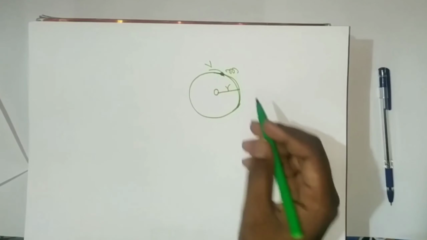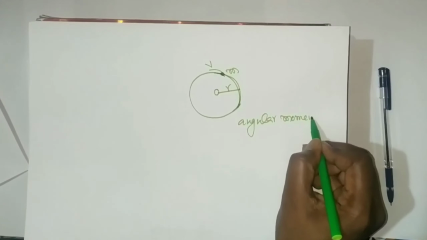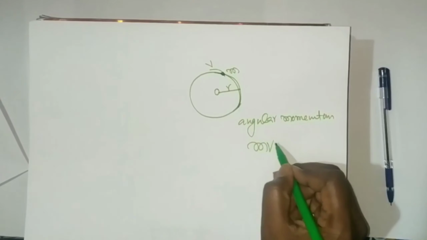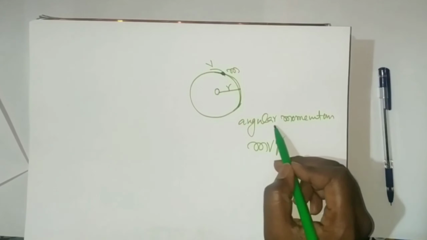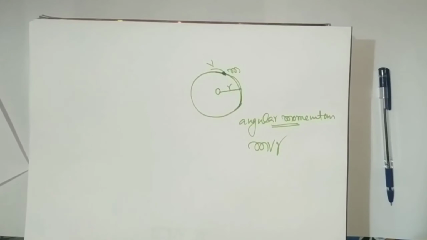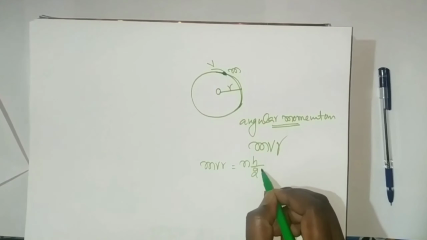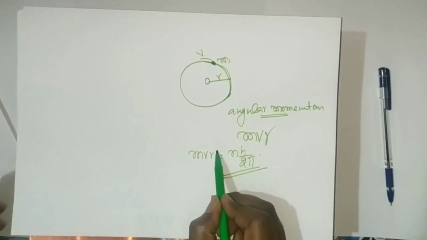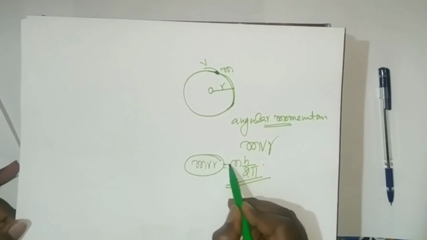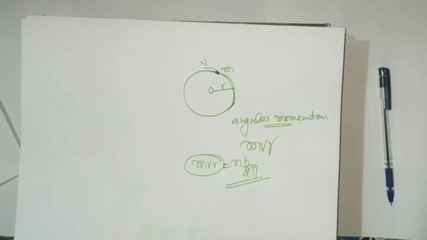Now we can say the angular momentum of this electron we can write as mvr. Bohr said the angular momentum of an electron is an integral multiple of nh upon 2 pi. So mvr is equal to nh upon 2 pi. This is the Bohr postulate. The Bohr atomic model is a hypothetical model. So mvr, nothing but the angular momentum of the electron, is equal to nh upon 2 pi. How can we get this nh upon 2 pi? I mean, how did Bohr give this?